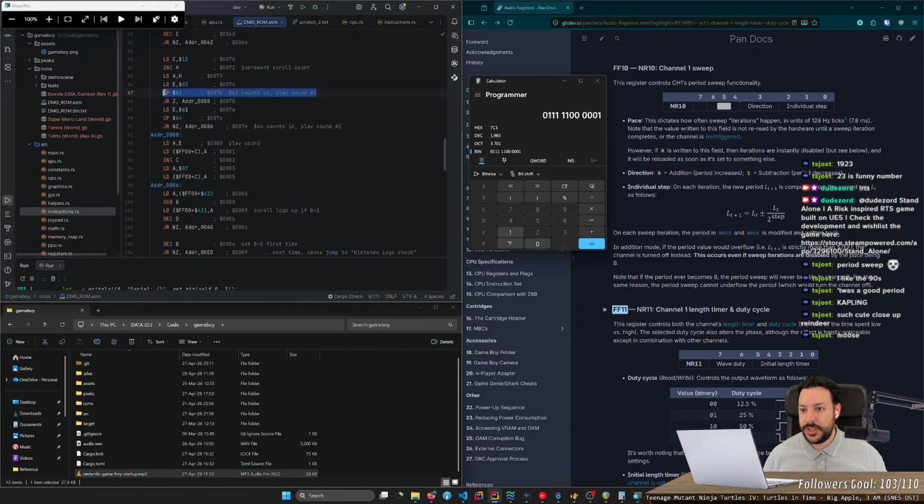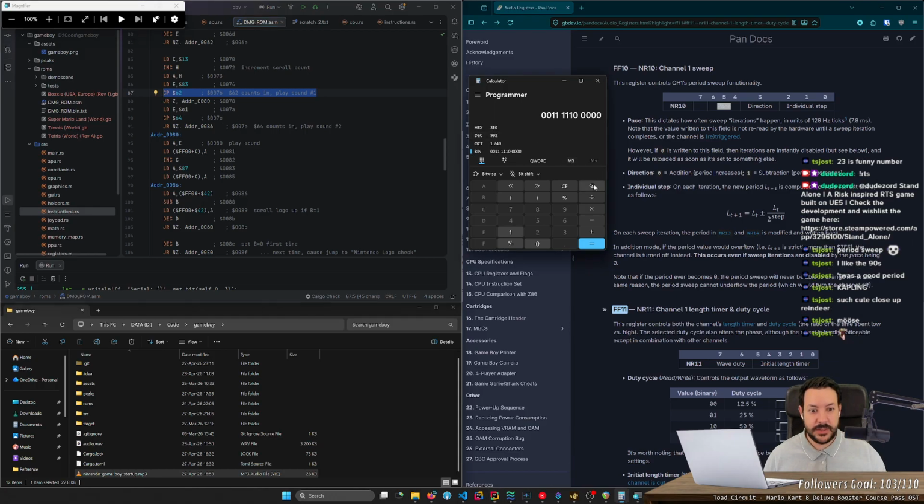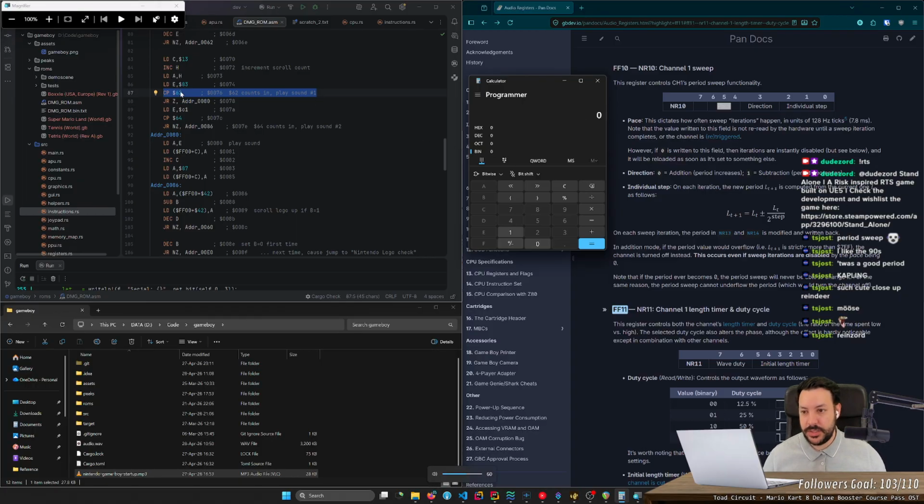Okay, so it does this for 62 ticks, and then it does this for 64 ticks. Or, I mean, 0x64, 0x62, 0x64. So this is 98 frames. No, it can't be 98 frames, because if this would be 98 frames, it would be like 2 seconds here. Yeah, I don't know at which pace this is going.